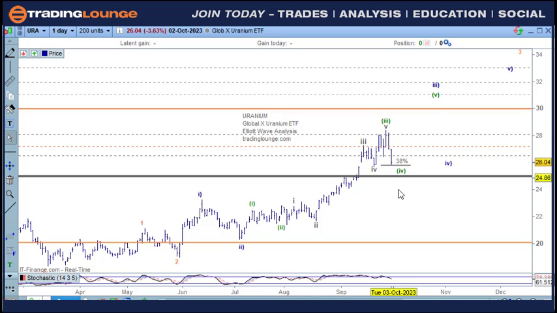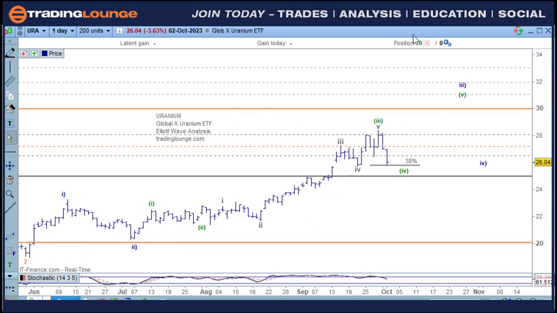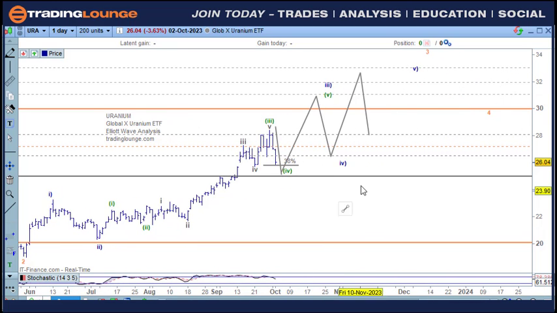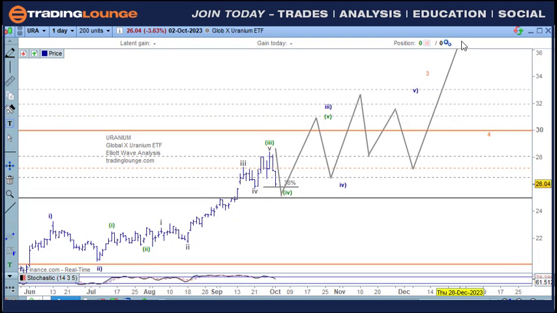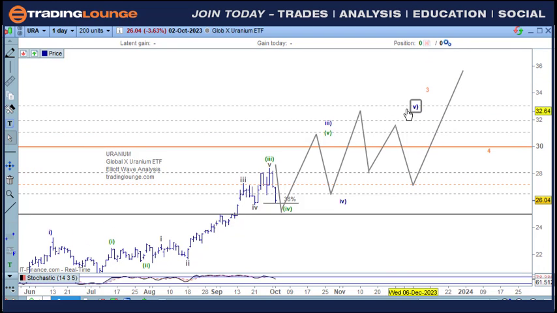I haven't pulled it apart, and I don't really care, because I know that at some point, even if it does go down here, it'll still end up here somewhere, and then over here somewhere as a wave 4, and then over here, and that will be a bit of a top in here. We'll have some sort of ABC across here, and then move up here further. It'll be all like that, wave 3 and 4 here.